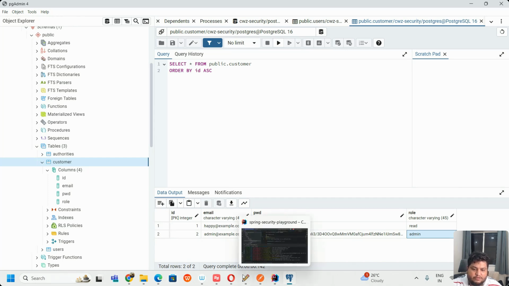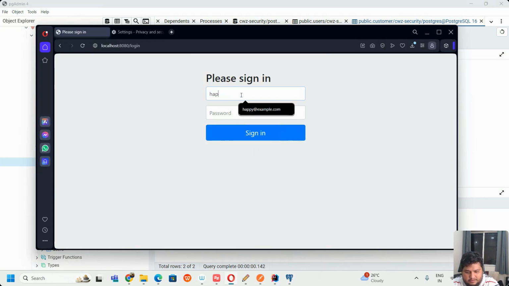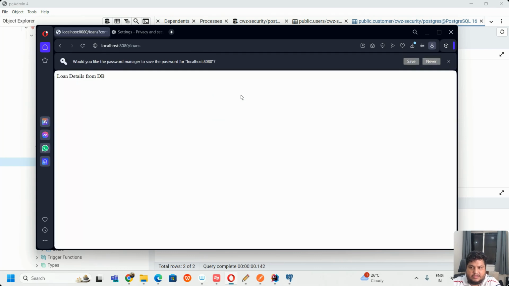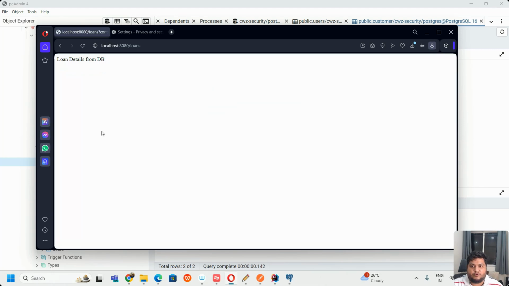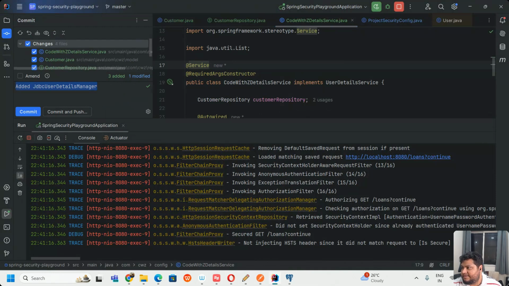It is already happening through database, but this time we'll do happy at example.com and password is CWZ at ABC. I say enter and see. It's working perfectly fine. No problem. I'm really happy to see this happening, and it's a good point where we make a commit. So I can make a commit that we have added a custom